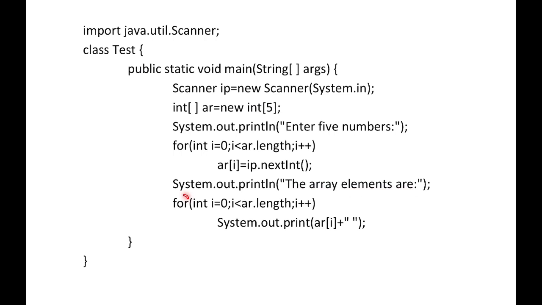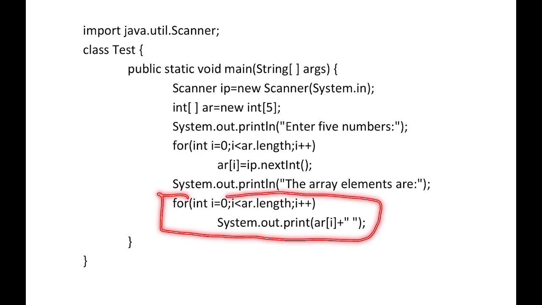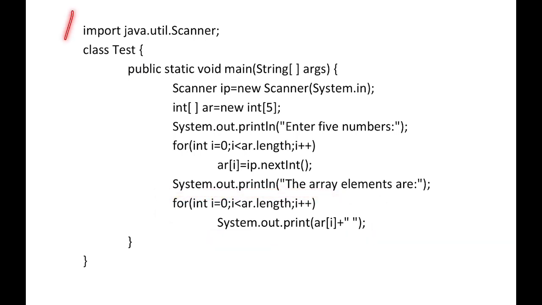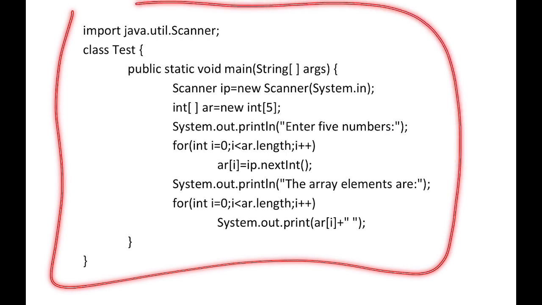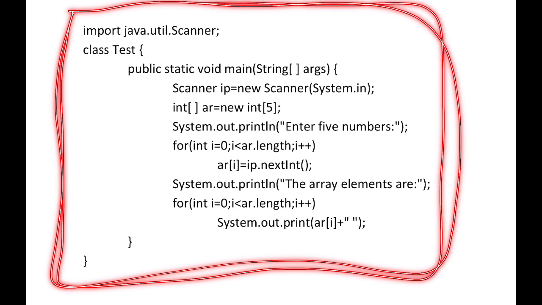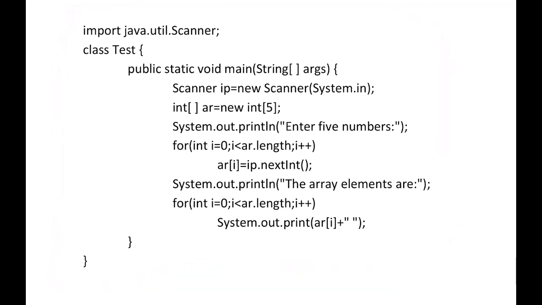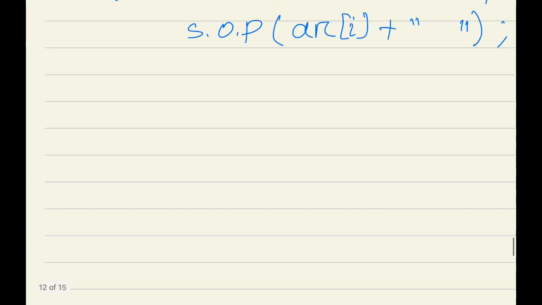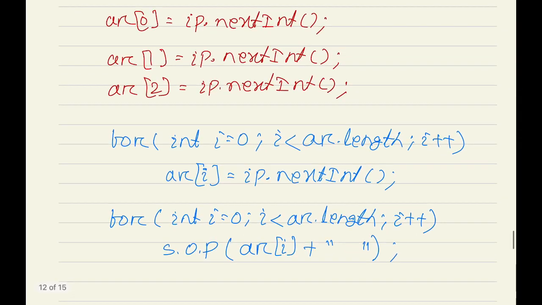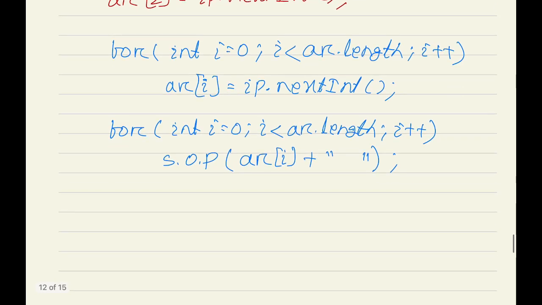Now using another for loop, this one, we are displaying the elements on the screen. So this is a simple program that uses the array to store some elements and display the elements. Now if we want to print or display the elements in the reverse order, that means if we consider this example, first we need to print ar[2]. So first print